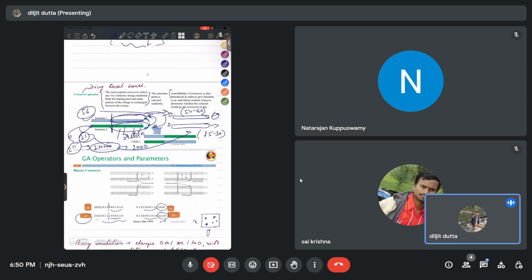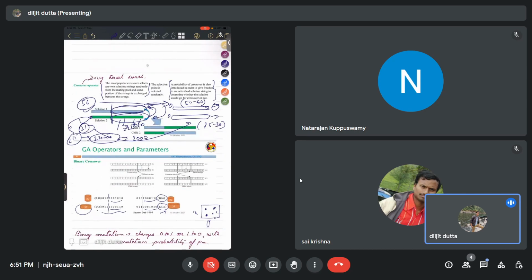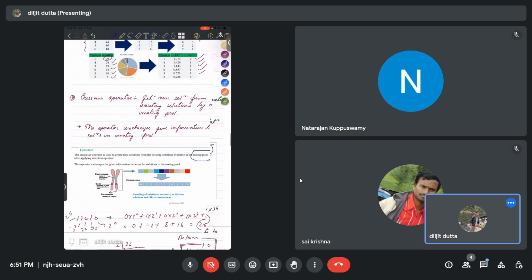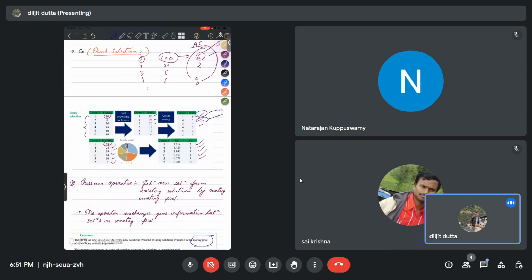Also there is one thing called crossover probability. Crossover probability is introduced in order to give freedom to an individual solution string to determine whether it should go into crossover or not. We obtained around 6 solutions here, and each solution will have a crossover probability. The higher the rank of the solution, the higher the crossover probability for that solution. The lower the rank of the solution, the lower the crossover